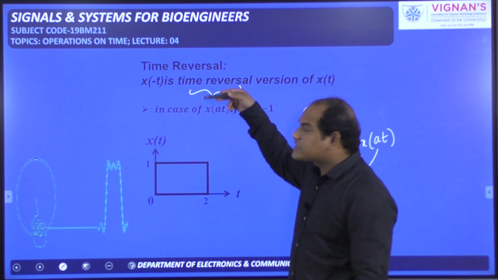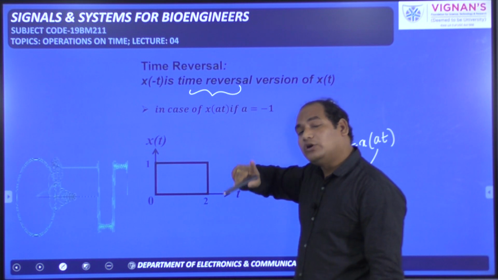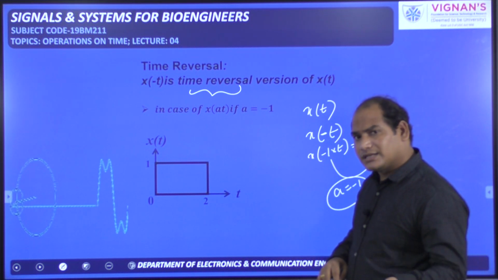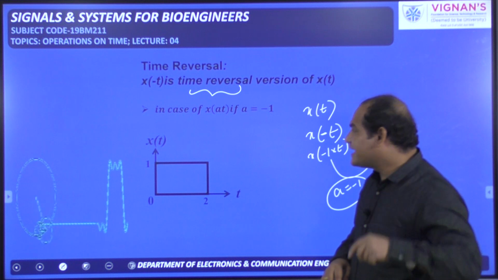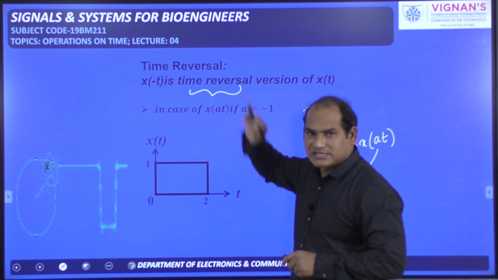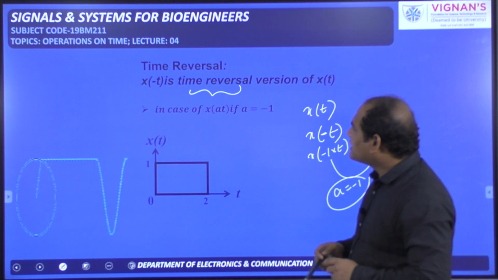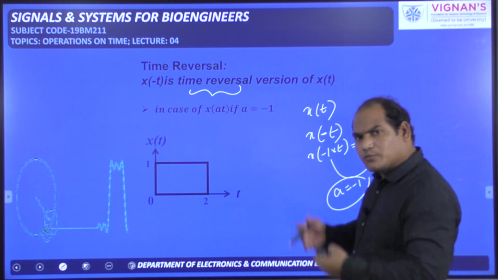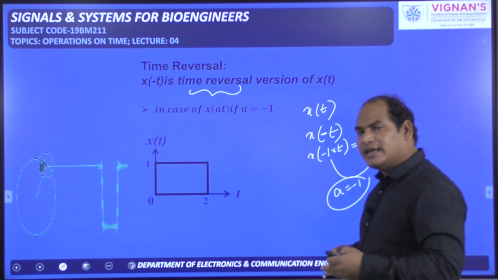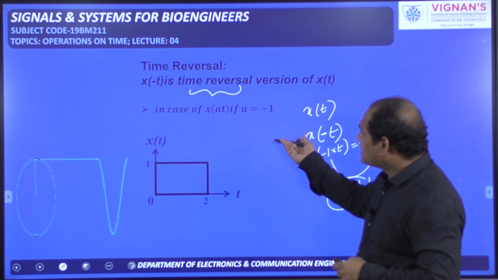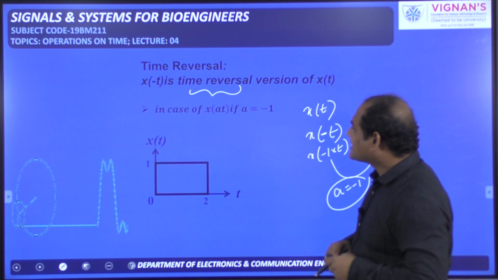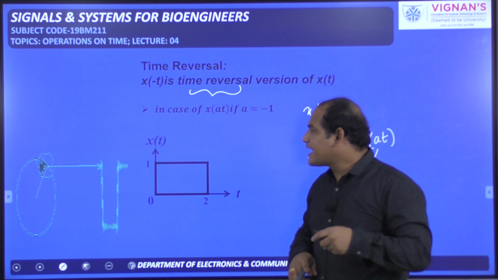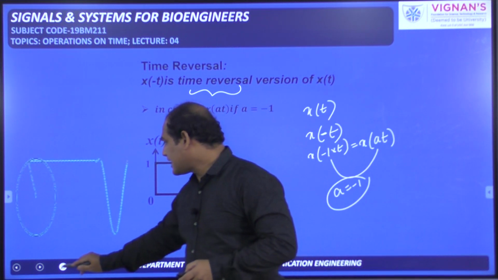Okay, so it is also time scaling, but with only one particular case, that is a is equal to minus 1. A can be negative, greater than 1, less than 1, like that we have taken, but whenever a is equal to minus 1, the time scaled version will become the time reversal version. In order to draw this one, again there is the exact method and a shortcut method. The exact method you can try with the same procedure we applied for time shifting and time scaling, and I will tell the shortcut method here. Simply we have to rotate the signal with respect to the y-axis, then you will get the time reversal version.